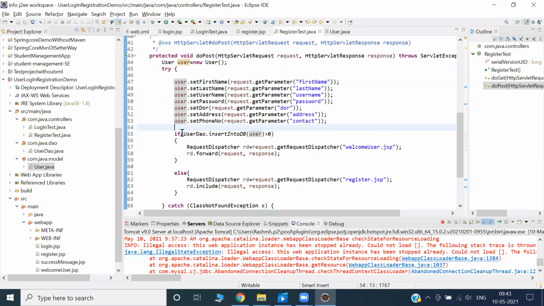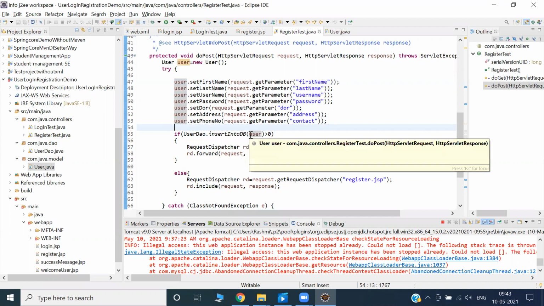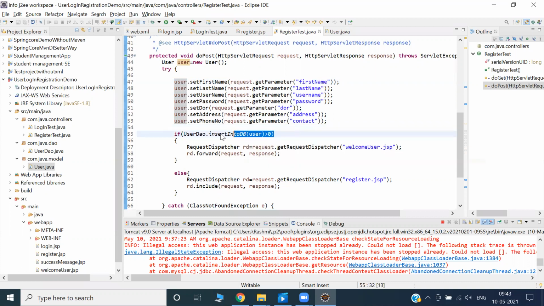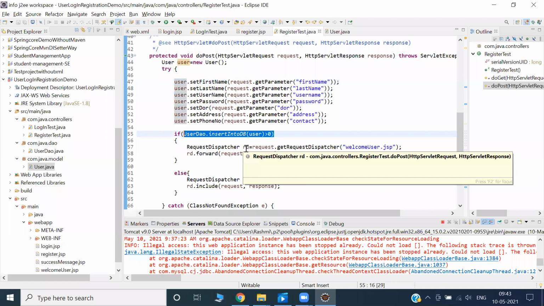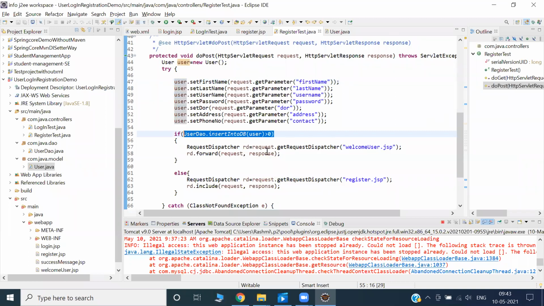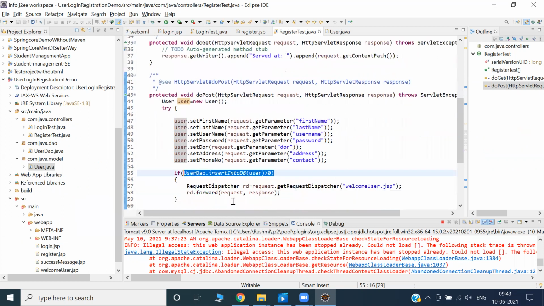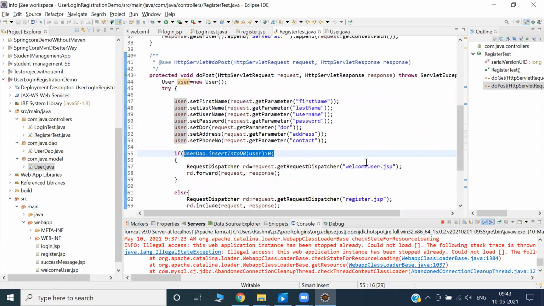If userDAO.insertDB, inside which I'm passing user, returns greater than 0, then carry everything and shift from this place to another place. What do you mean by this place? This place means this class, inside the doPost method. Where do we wish to go?